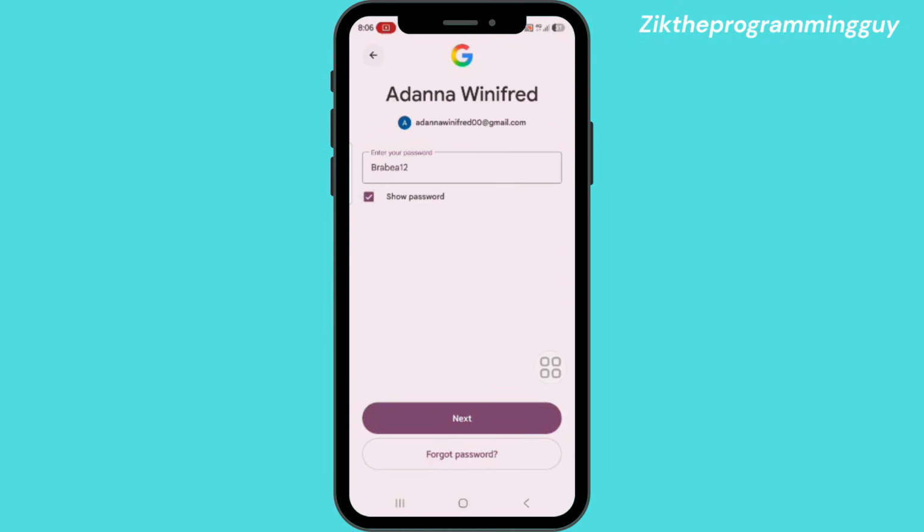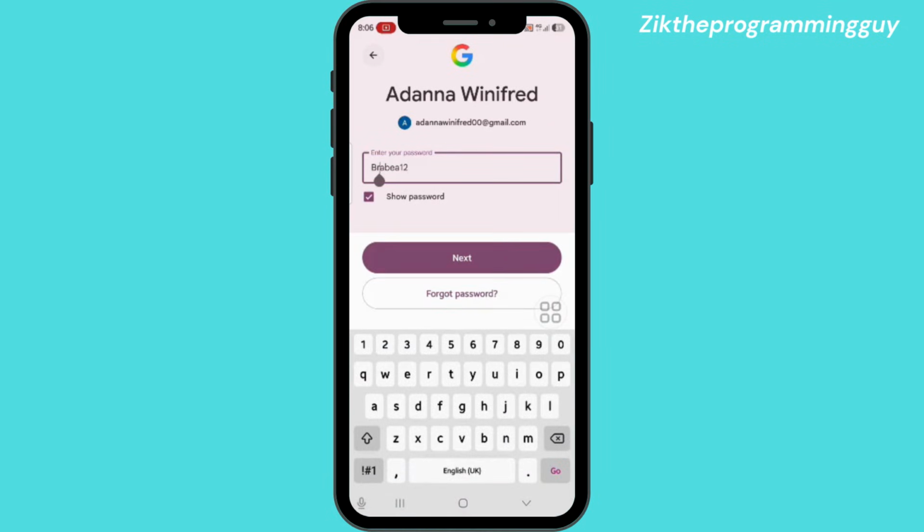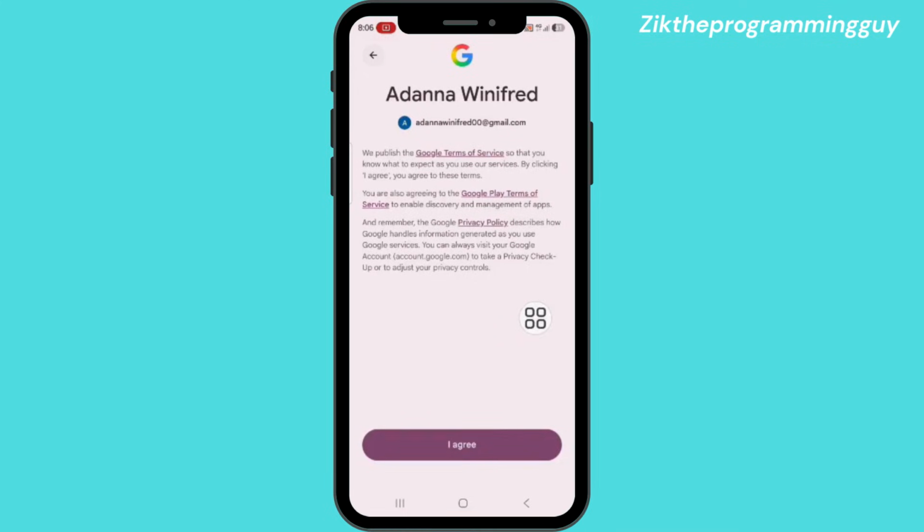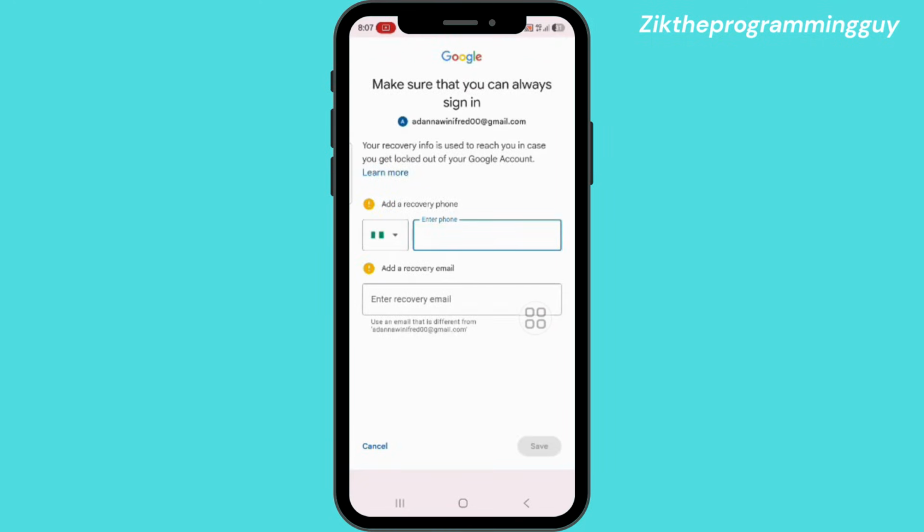and you're going to add in the password. Click on next, and you can see agree, and you wait for it to actually load up. So once it's loaded, you can see you can always add a recovery phone number and also a recovery email. Then you can save. Then it's going to be logged in into your Google account, and you are good to